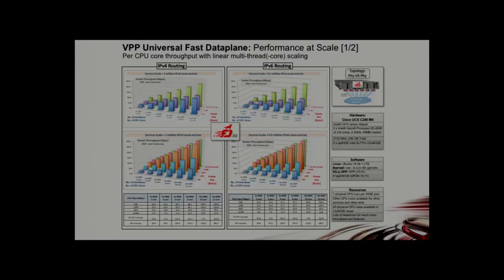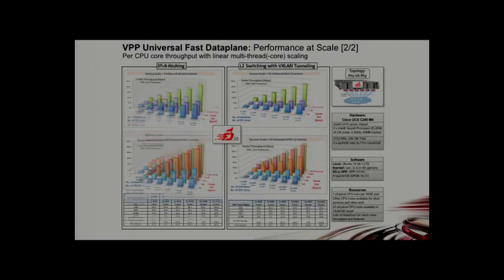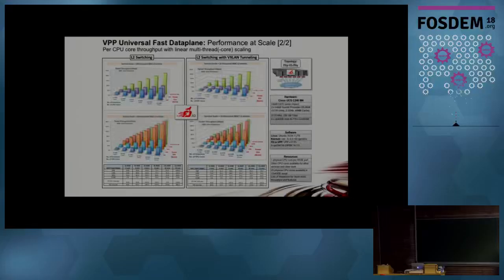If you do the math, that's not a lot of cycles per packet, right? So that's what we do in this test. And then we did the same for... It sounds like some people are still doing switching in this world. So you have layer 2 processing here, and with layer 2 processing, this is 20 million packets per second per core, with the same linear increase, right? So that is pretty cool.